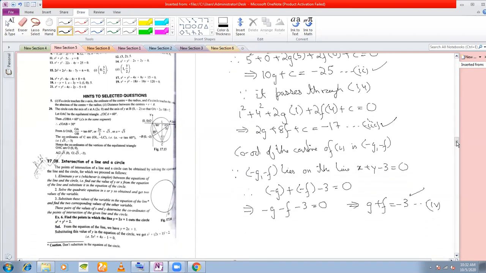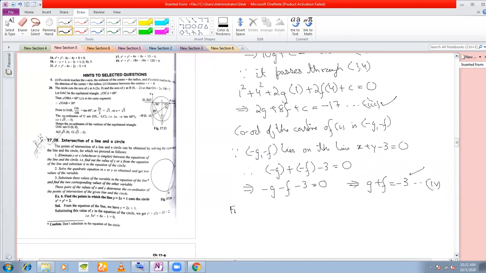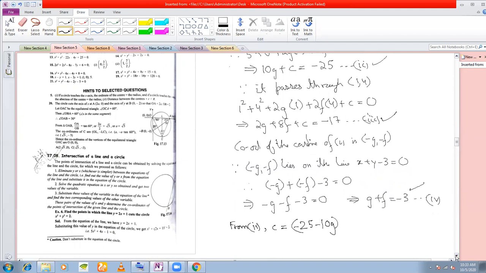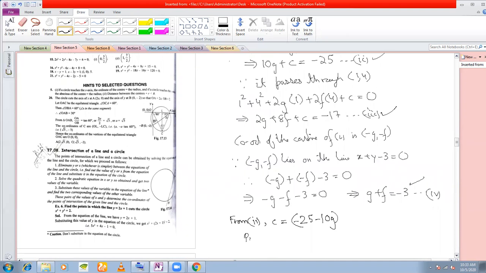So from 2 we get c is equal to minus 25 minus 10g. Okay, so putting this in 3, we get